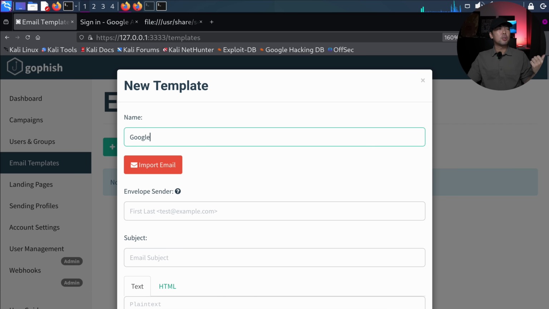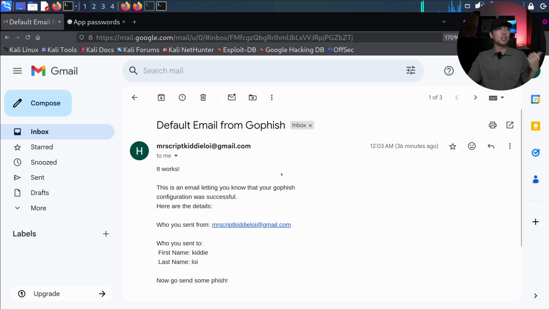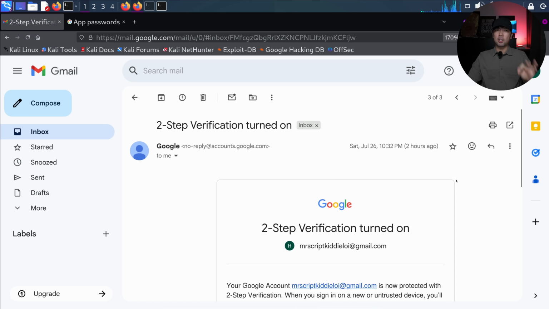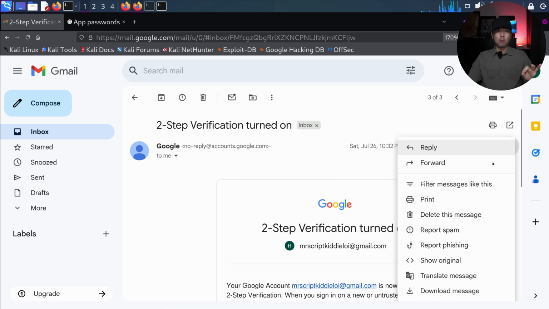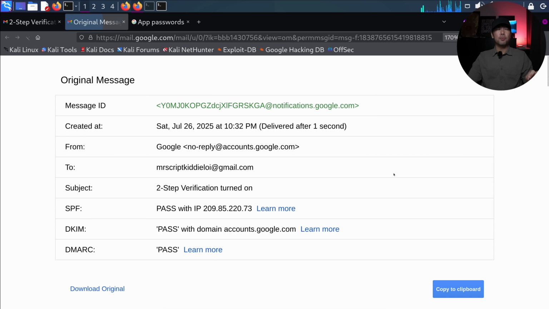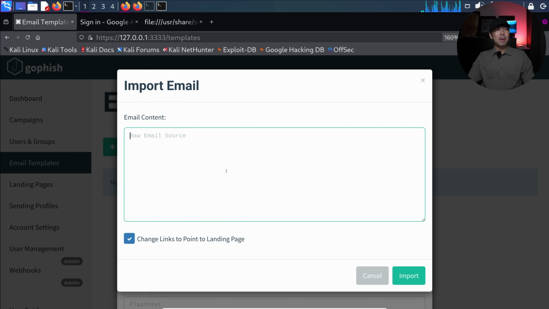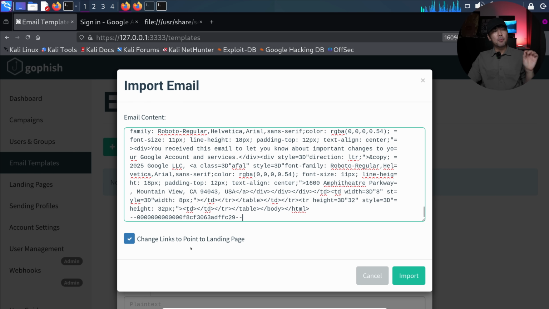And I can head over to, say, for example, the earlier Gmail login that we have. I can select on the inbox, and I have, for example, a two-step verification email. I can select onto that. I go over and click show original. And you can see right at the bottom, there's something called copy to clipboard. I can select and copy that. Head back over into the email template, select onto import email, paste it right here, all right, and there's one